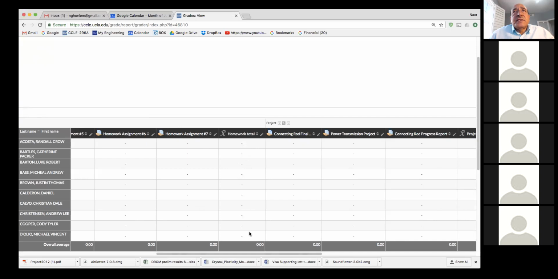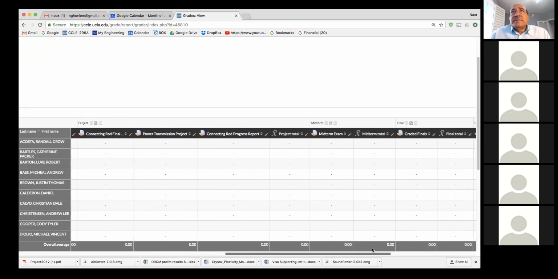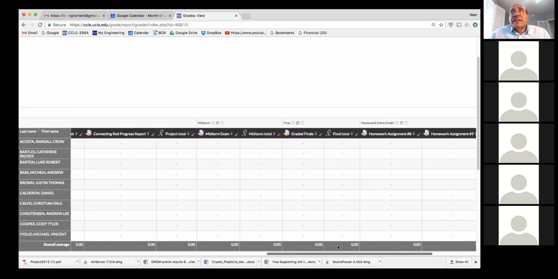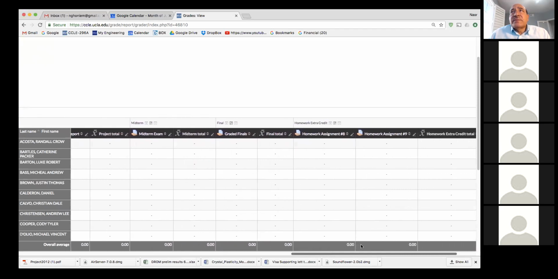That is the 15%. And then we have the connecting rod final, and the power transmission, and the connecting rod progress report. And then the project total will add up all of this. Then we have midterm, and then the final grade.